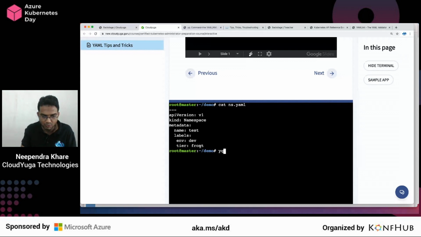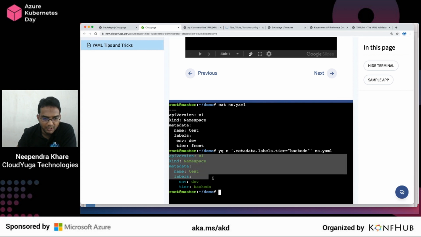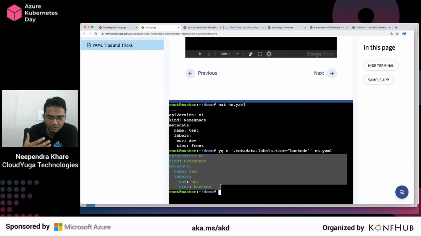So I'm just going to say yq eval, and I would put .metadata.labels.tier is equal to something, and the file name. Yeah, so you can see that it spits out the YAML file for me, so I can get this output.